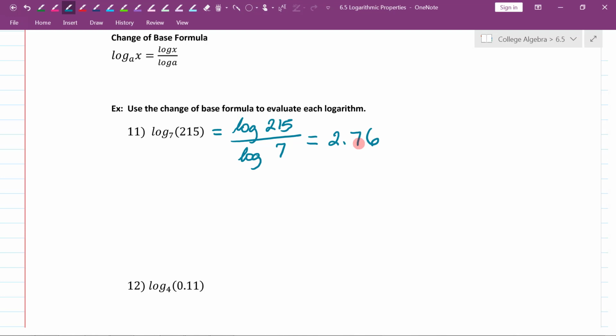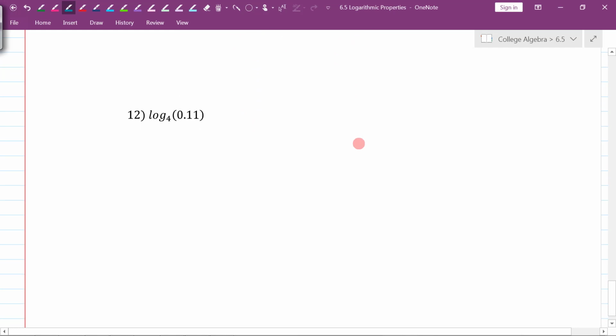Hopefully you got that. If you haven't gone and gotten your calculator yet, go get it. Seriously, you're going to need it for the next couple problems, and it will be helpful to you. Problem number 12, practicing the change of base. Again, the change of base in this case is going to be log of 0.11 divided by the log of 4. Throw this in your calculator, and what do you get? I hope you got negative